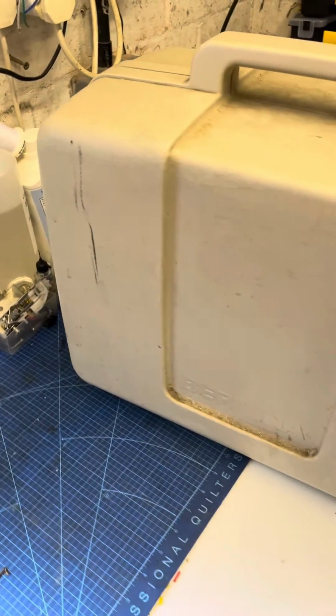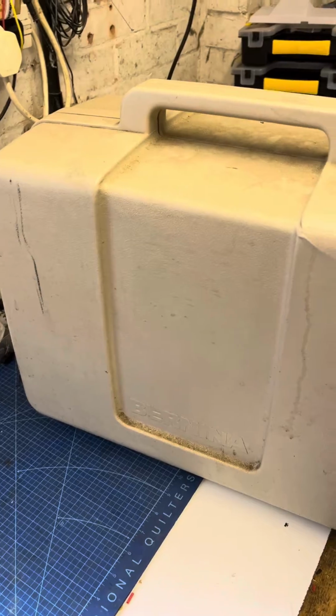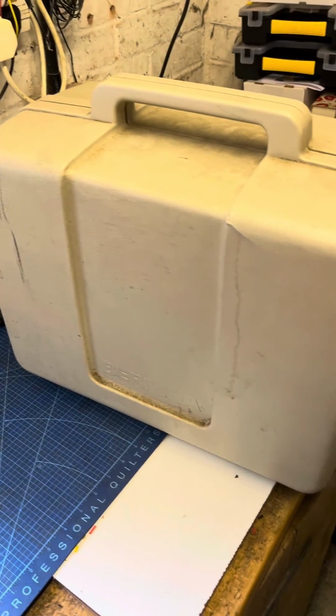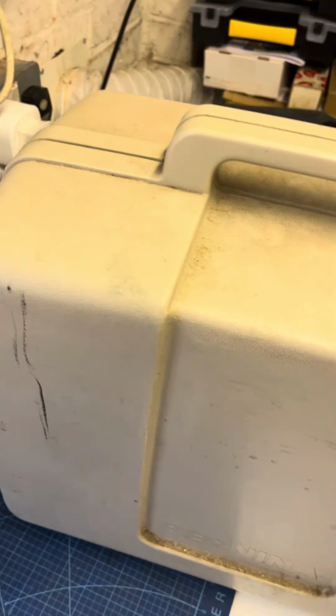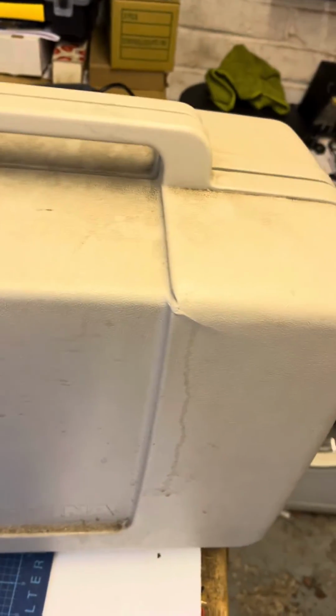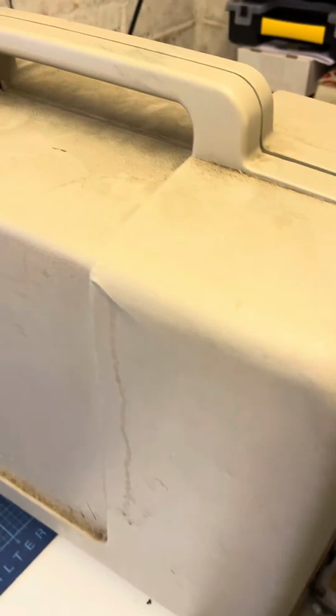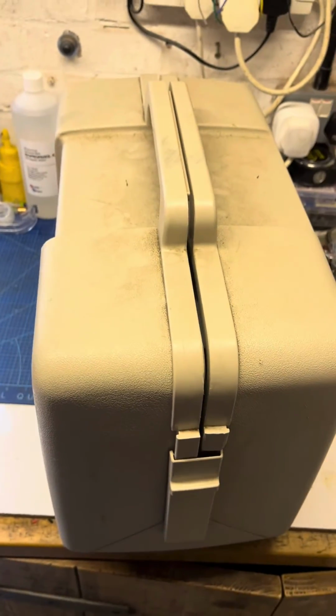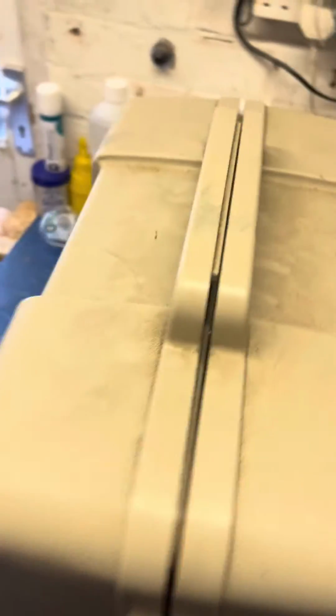Okay, take two. I tried to do this as a live, but the connection's not so good in my workshop. So I picked up this Bernina earlier today. It's a little bit tatty. The lady says that the light comes on, but it doesn't run. I picked it up for a good price, so hopefully we can get it up and running and back to